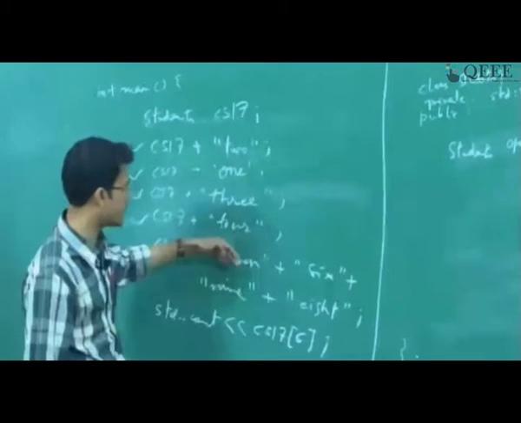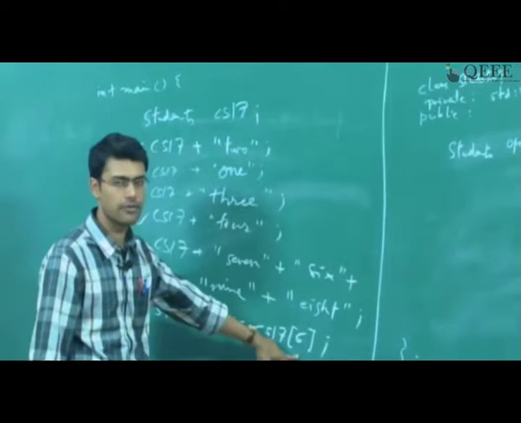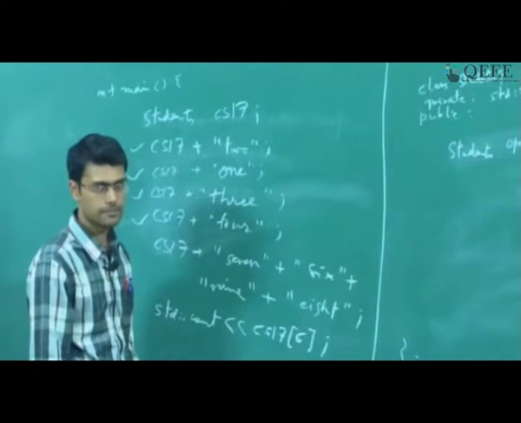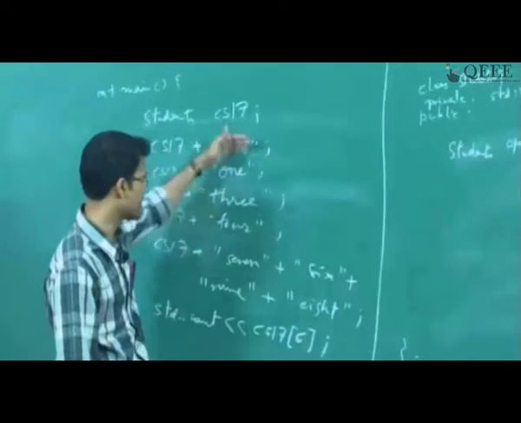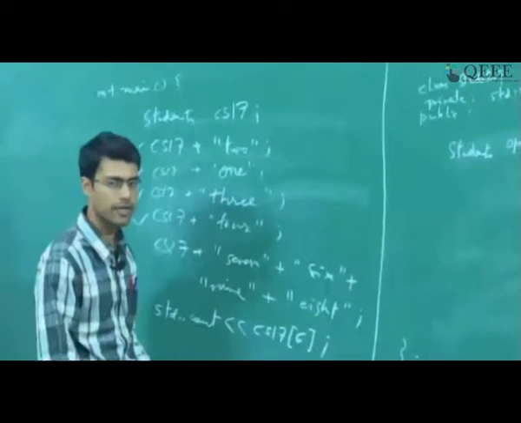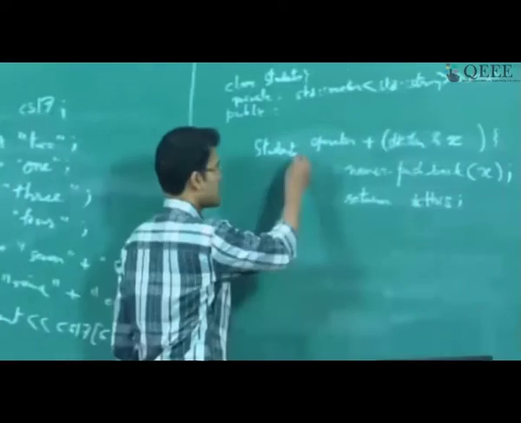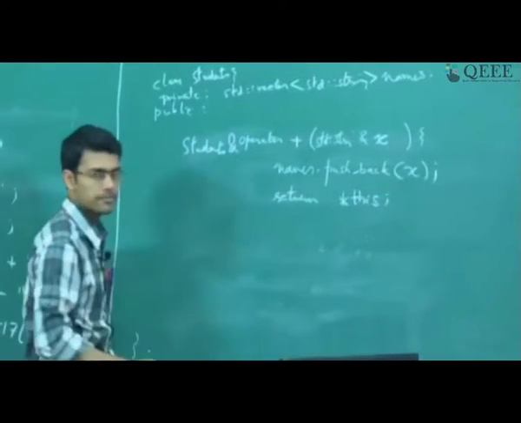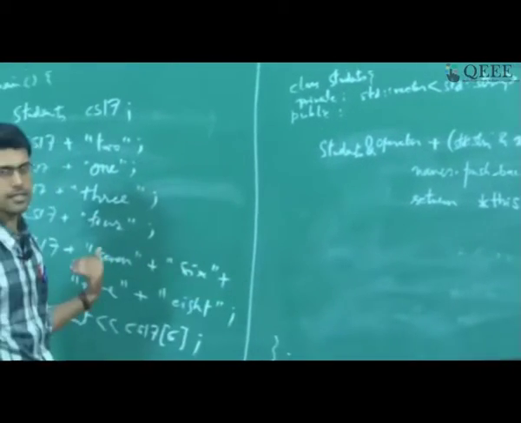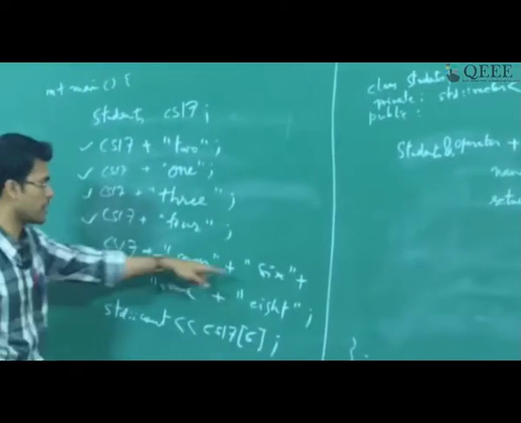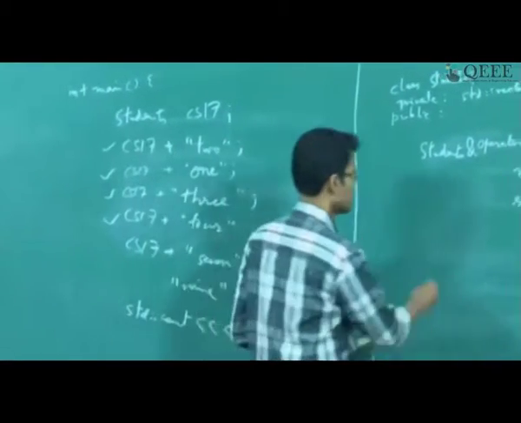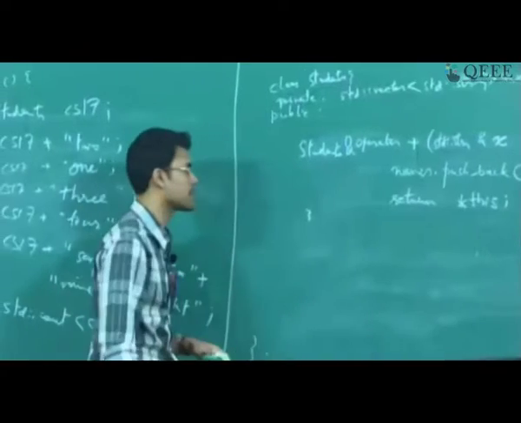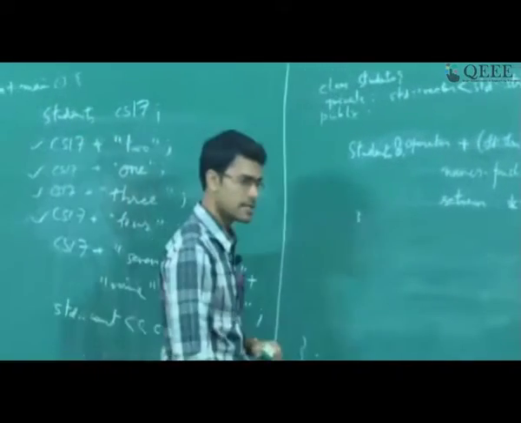In fact, if you have added only these and you try to do CH-17 of 6, you might get a seg fault because that index does not exist, there are only 5 elements that you have added, not 7. So the problem here is that we have missed this ampersand, we need to send a reference to CH-17 so that you will be able to apply all of this together. Alright, so that part is about operator plus. Let us define